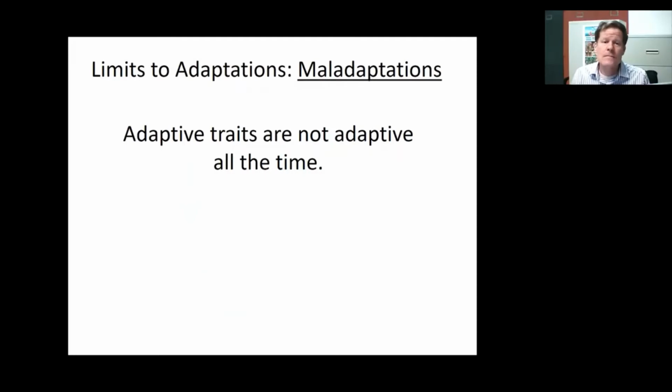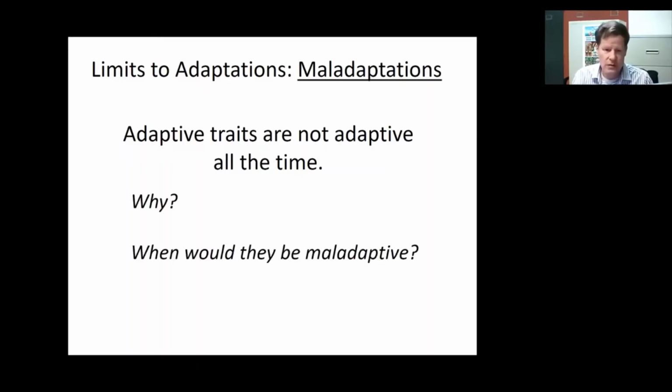Well, to answer that question, we need to think about these limits, and there are three types. The first one is maladaptations. Basically, adaptive traits are not adaptive all the time. And several of you mentioned the chief reason. So why and when would they be maladaptive? Well,